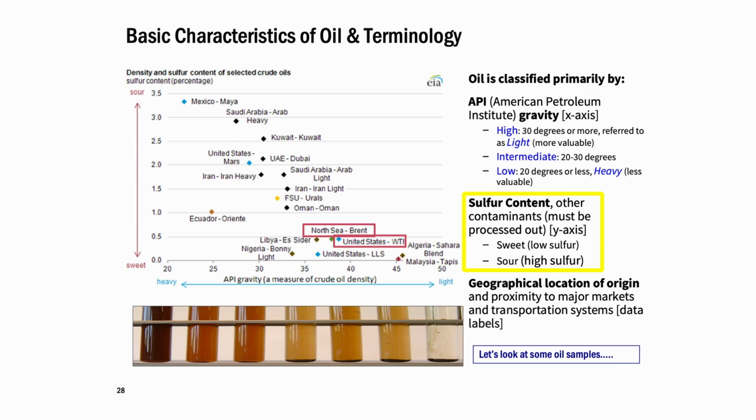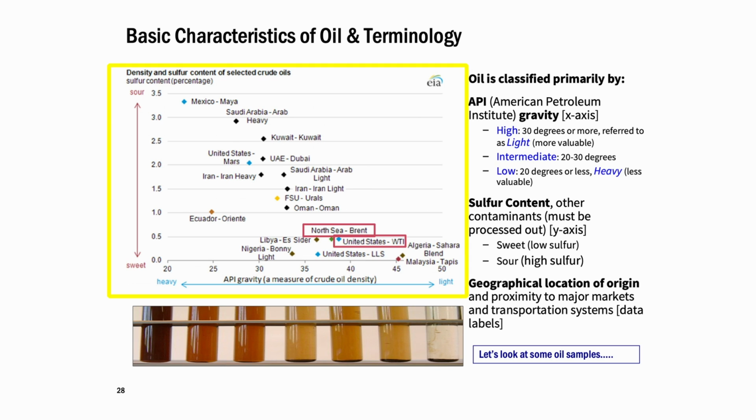And then sulfur content, sweet or sour. And then we also talk about it in terms of the geographic location where it comes from. So when we talk about the cost of a barrel of oil, it has to do with where it came from. We use the North Sea and West Texas Intermediate, so Brent and WTI, as the benchmarks. Those are the two that, when you hear, like I just said, it's $78 per barrel, it's going to be one of those two. It's either Brent or WTI. That's just the benchmark. But all of these different places have very different viscosity, very different sweet and sour. They're going to have very different prices depending on the quality of the oil.